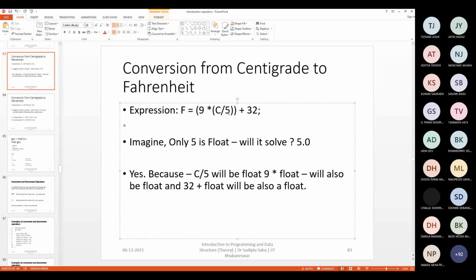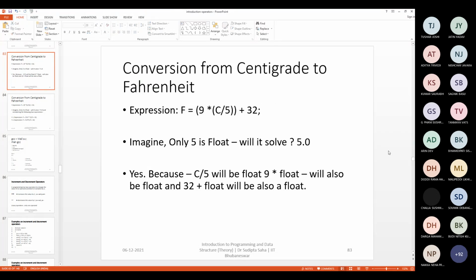Obviously the C by 5 part. So you'll have to write the C by 5 part carefully so that you get the correct result. The simplest possible answer is to make 5 into 5.0. So 5 is an integer literal, whereas 5.0 is a float literal.